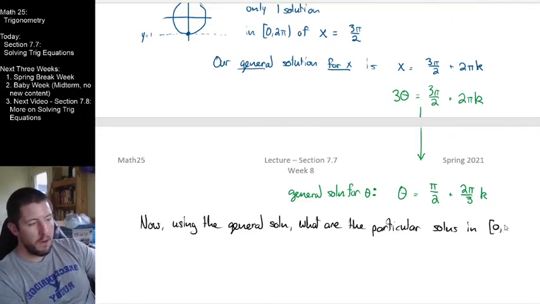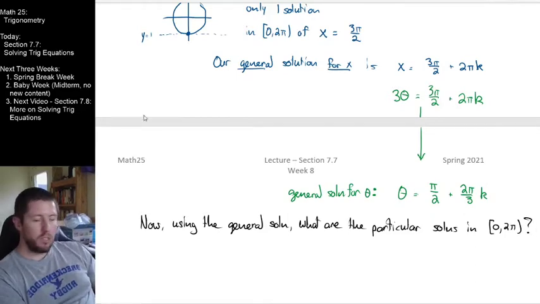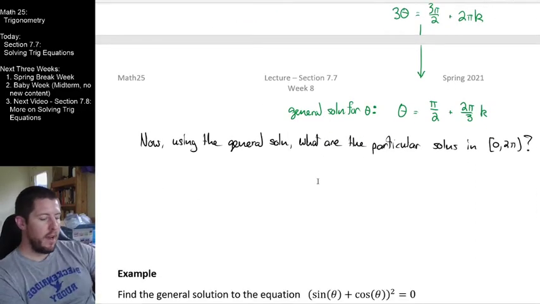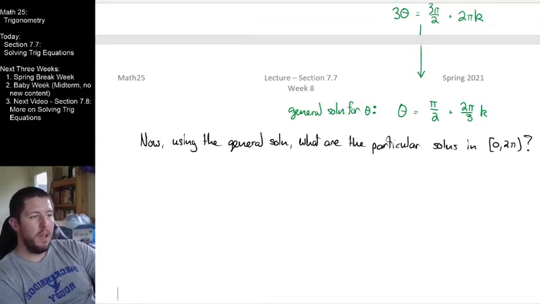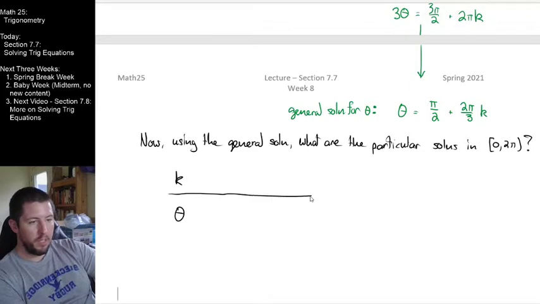In the interval from 0 to 2 pi. Well, let's just go ahead and bust out a list right here. I mean, let's just see where this goes. All right, so what I'm going to do is set a k list and a theta list right here. And I'm going to do a little bit of overkill, just to help emphasize the